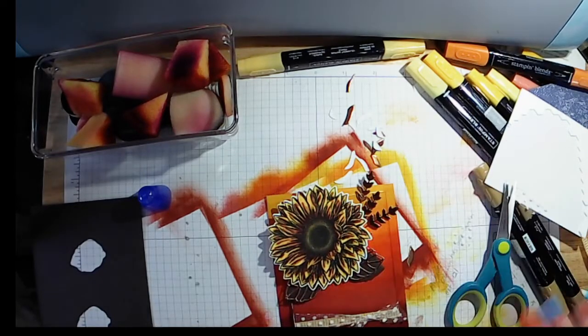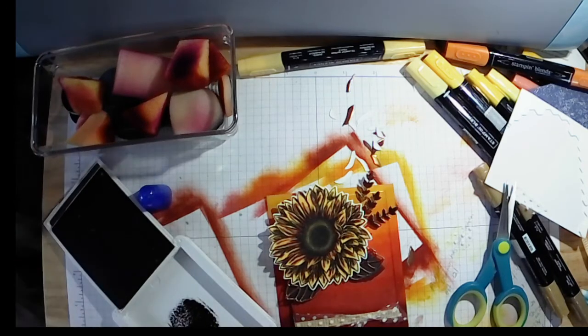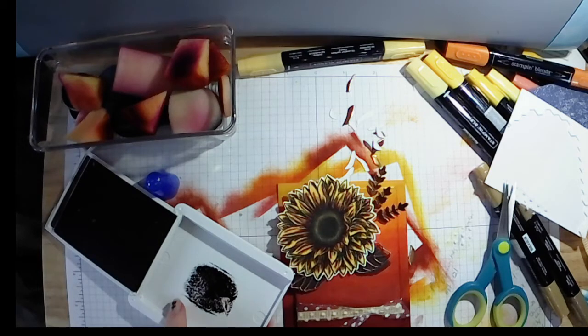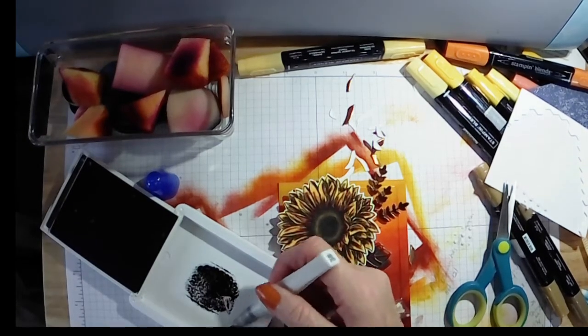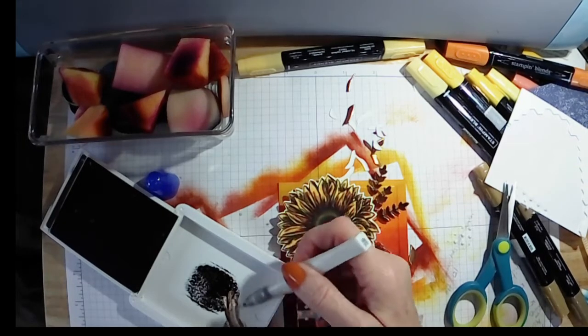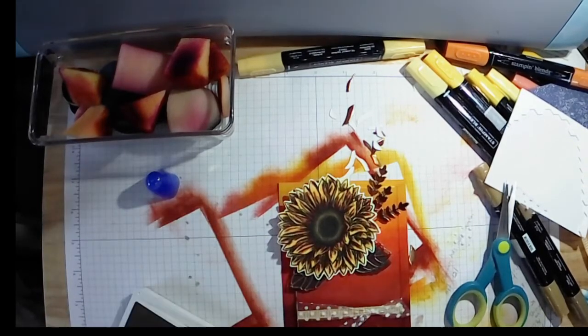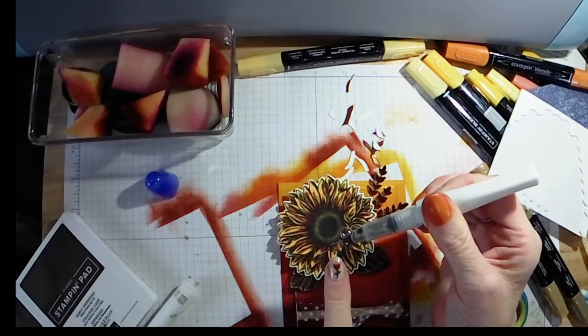So now I've got this all set up the way I want. And this is not an empty Wink of Stella, but I have plenty of old Wink of Stellas that I have done this with. If you are out of your Wink of Stella and you think you don't have any, you can take that Wink of Stella and take a drop of your Early Espresso ink, mix it with water, and then you just do this. This is already some Wink of Stella I have in here with some water, and I've got some Early Espresso mixed into it. I want it a little darker, so I'm just going to add some more Early Espresso, and I'm literally going to have it come out. Get me a bubble of it here, down here on the ends, and